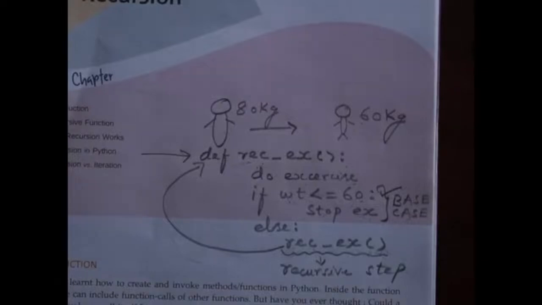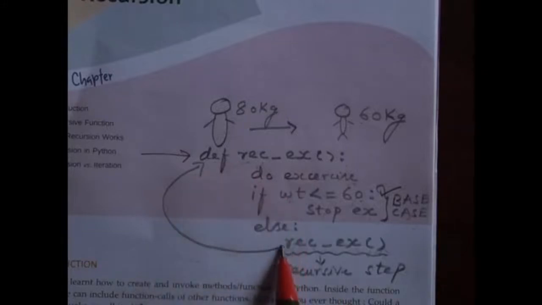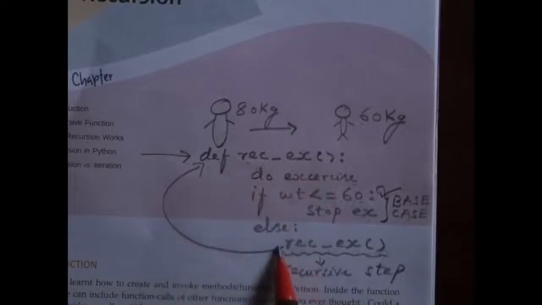It's a computer science class. I told you in last class I am going to explain the base case and recursive step. So let me explain what is called base case and what is called recursive step. So in a program there will be a function definition. Inside the function definition there will be a calling statement with the same function name.